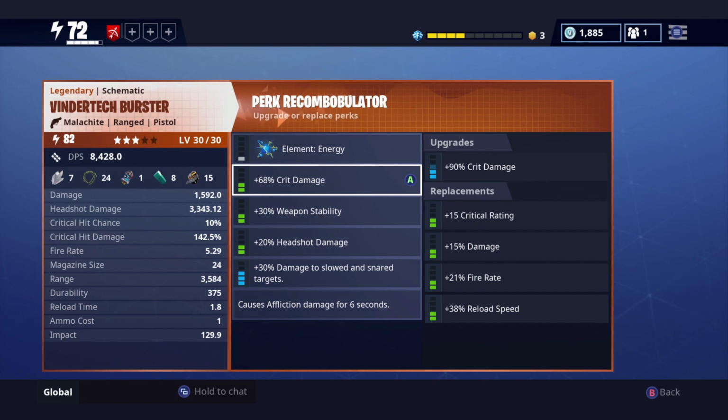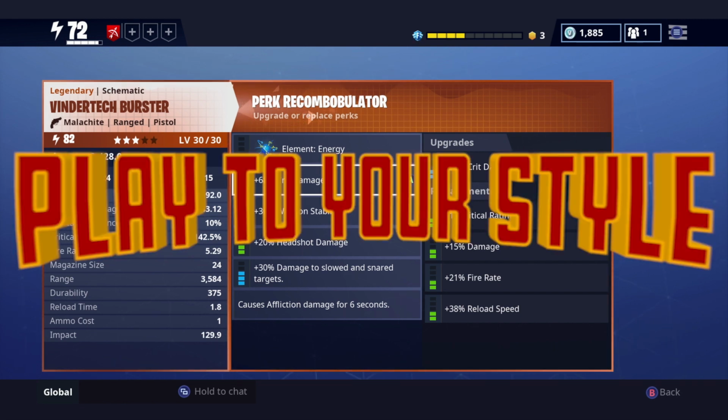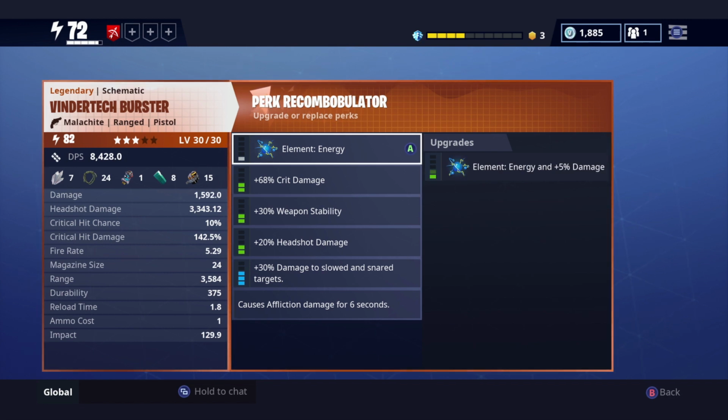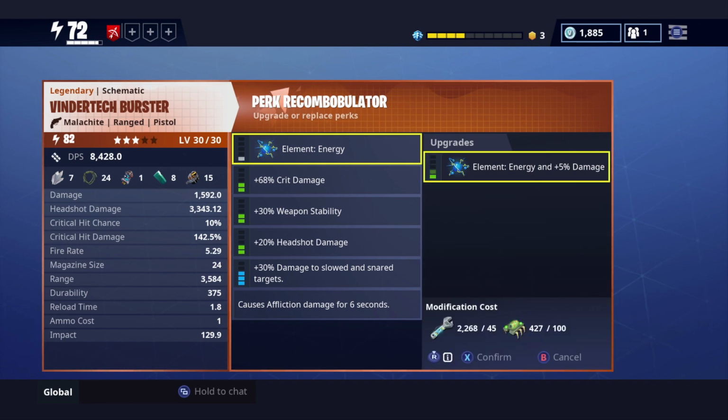Again, don't let anybody tell you, oh, you have to have this perk or that perk. That's a bunch of crap. Play how you like. If you're not big on crit damage, you're not good at headshots, then don't put those particular perks on there. So in this case, if I wanted to upgrade my element of energy, I want to make it a little bit stronger, I just click A,